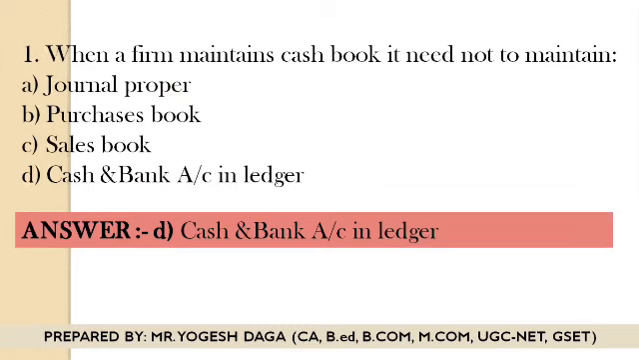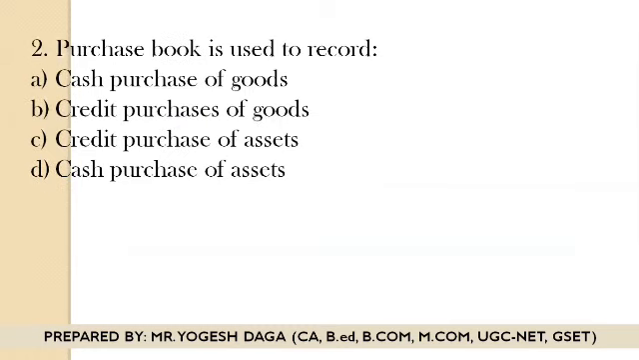Okay, so next question. Second question: purchase book is used to record what? The options are on the screen: cash purchase of goods, credit purchase of goods, credit purchase of assets, or cash purchase of assets. So students, you know why we are preparing the purchase book. We are preparing the purchase book to record all the transactions related to purchases which are on a credit basis,